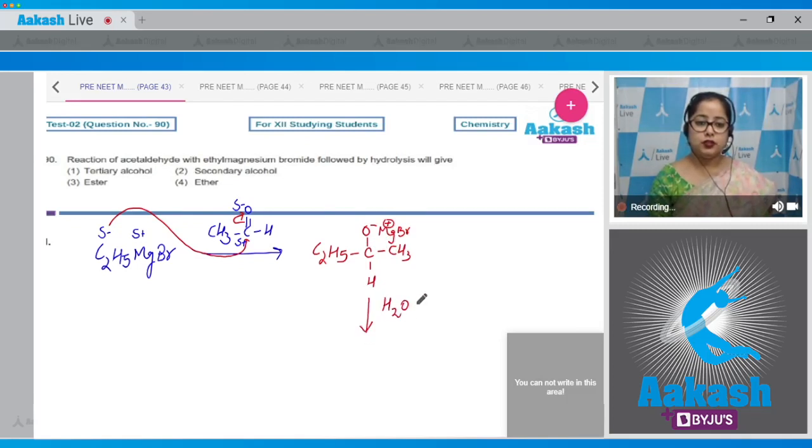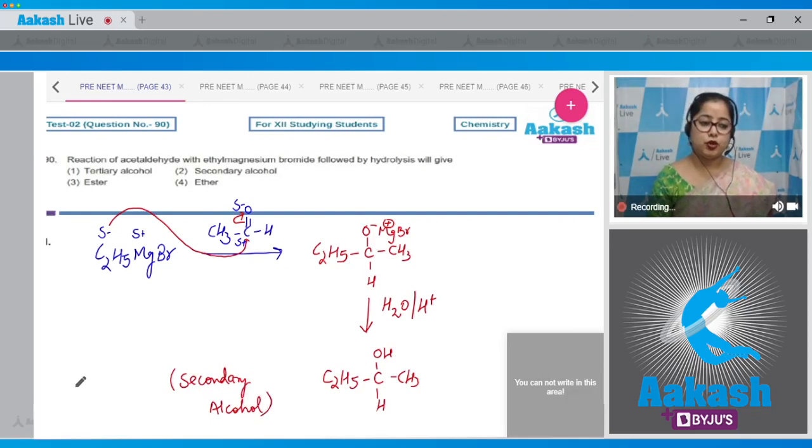On hydrolysis, we get a secondary alcohol, that is C2H5-CH(CH3)-OH. This is a secondary alcohol. And the side product obtained is magnesium bromide hydroxide, Mg(OH)Br. That means the correct answer is option number 2. Moving to next question, students,